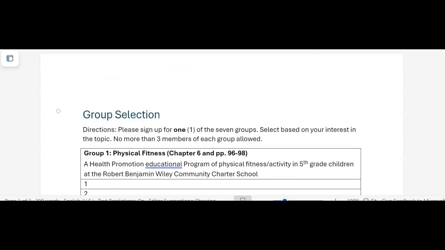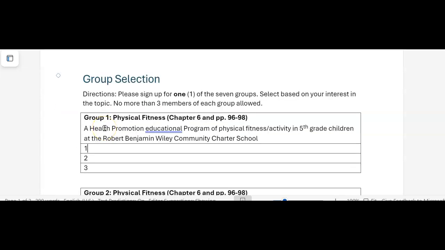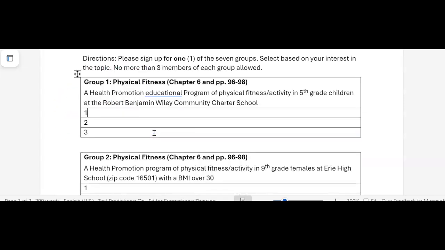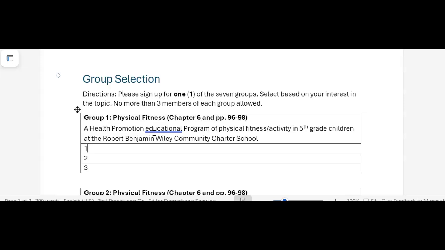But also remember that when you click on the group selection, it's going to take a little bit to open up. So the early bird gets the worm. If there's 3 people, the first 3 that sign up and they all want group 1, they're going to get it. But I do hope that you look through these groups, and maybe it's one that you want to learn more about instead of just one that you're already